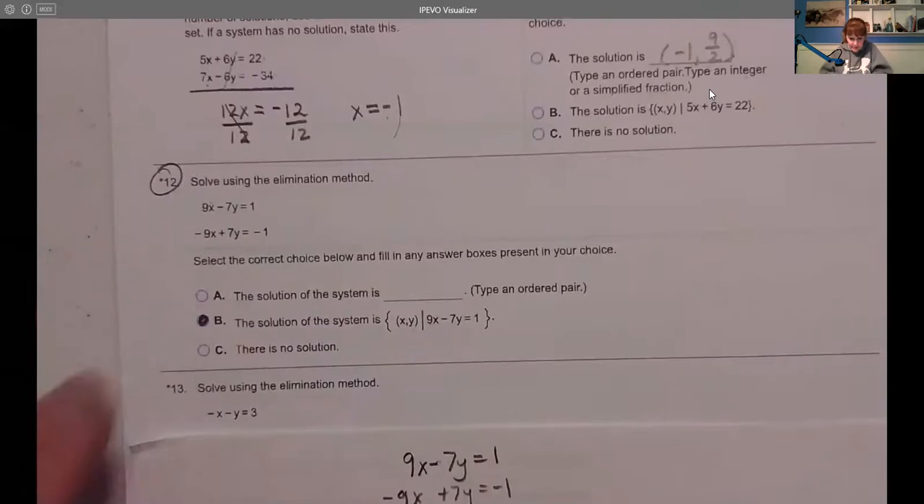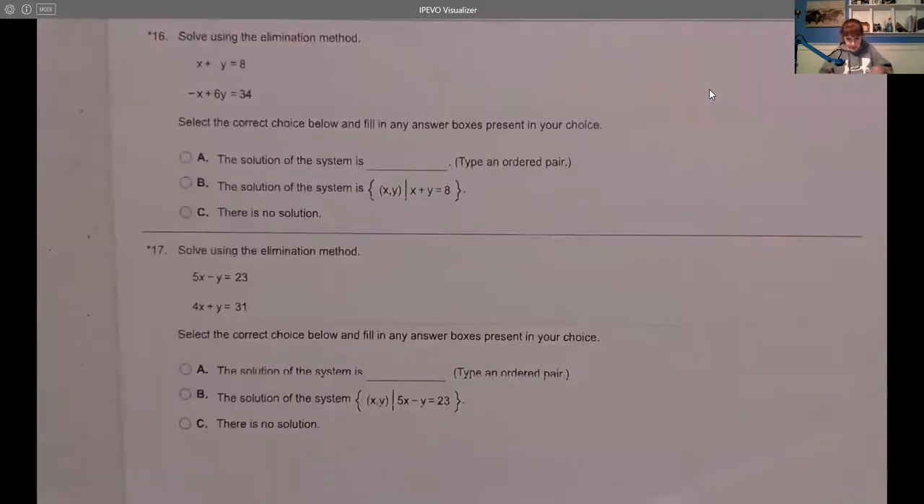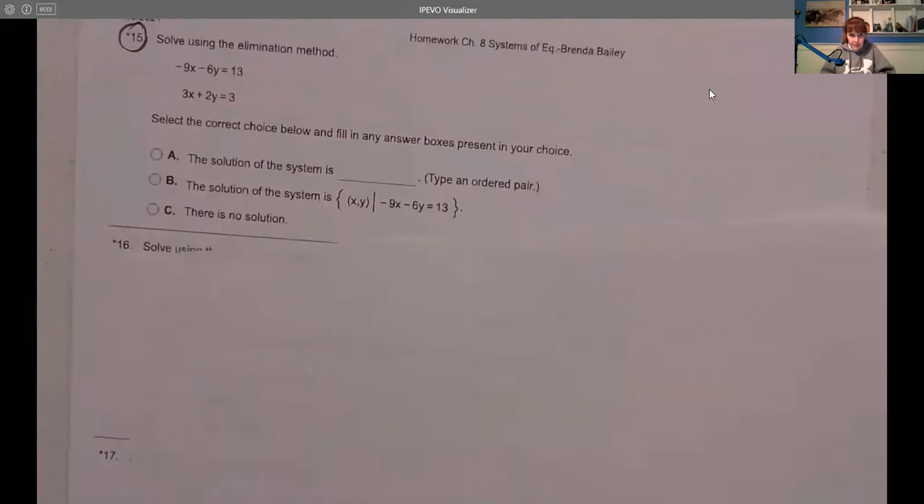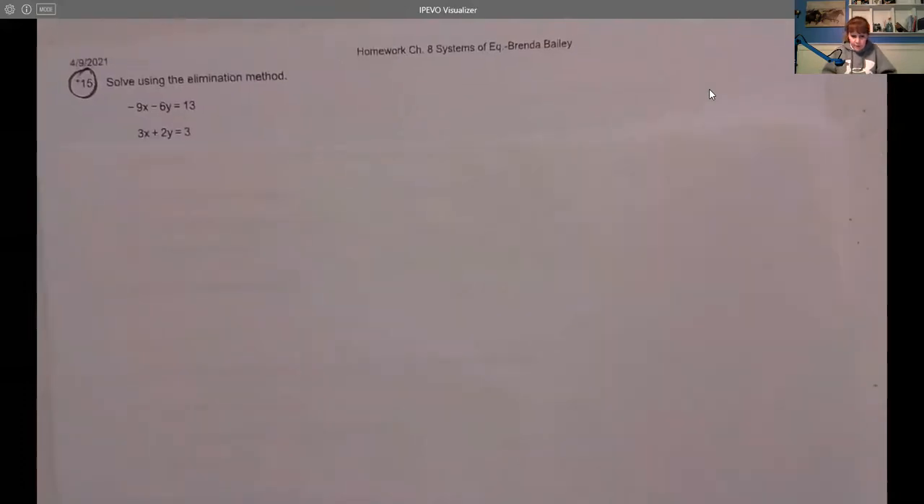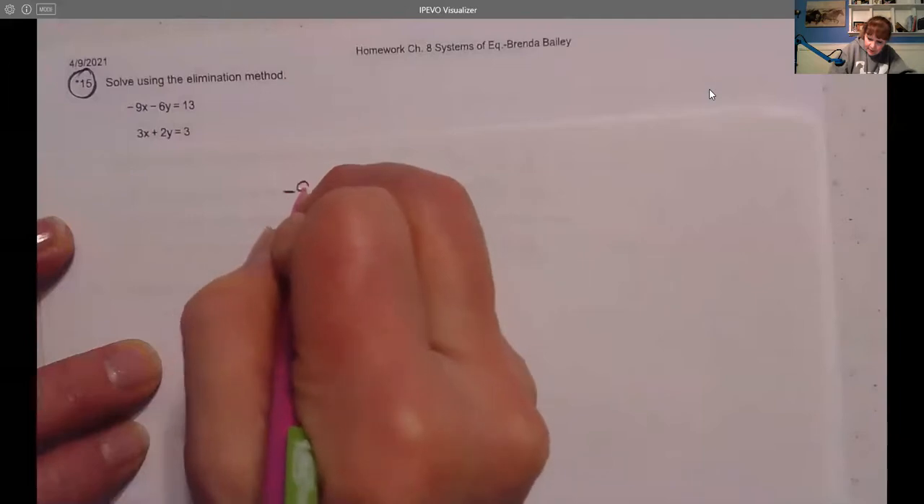Well, what happens? Let's look at another one here. Let's just go ahead and do our other little case scenario. Okay, let's look at number 15. What happens here? Well, on number 15, we have to do something, and that's all right. We can do this. On number 15, we have a negative 9x